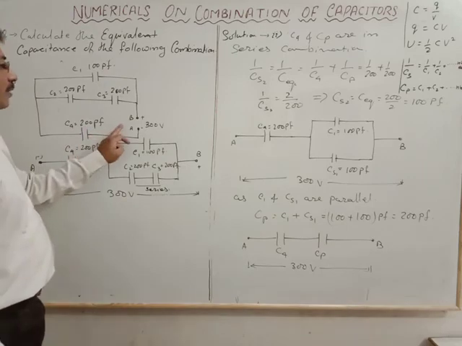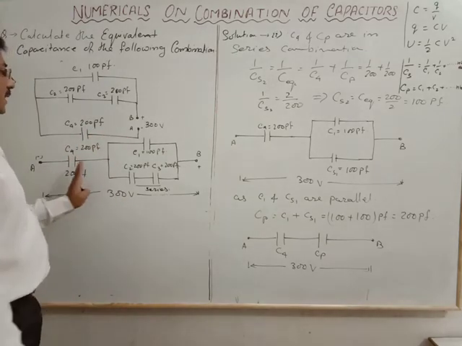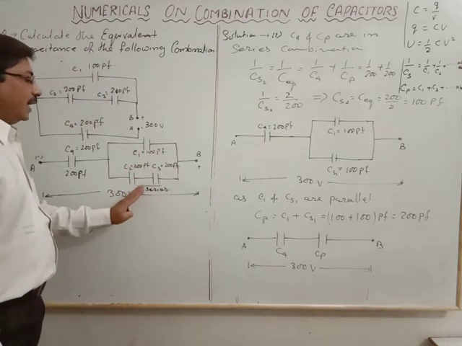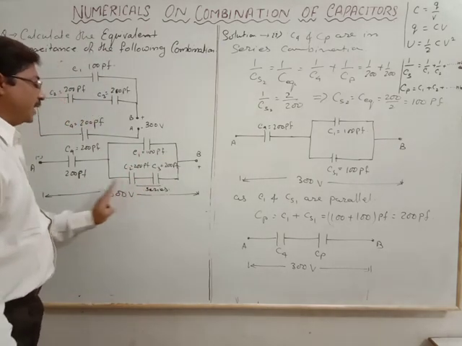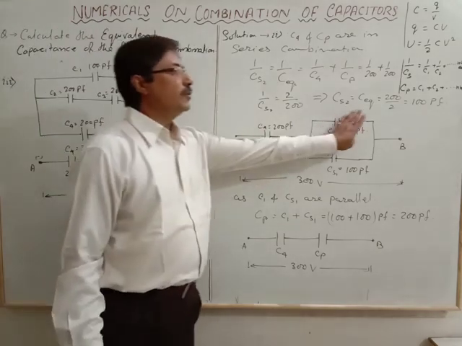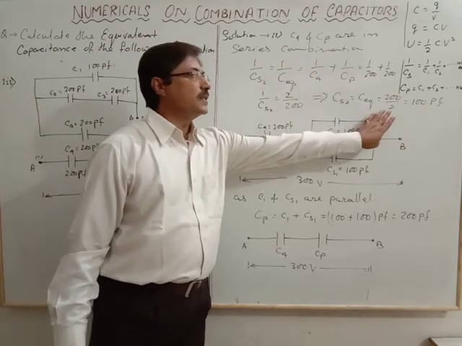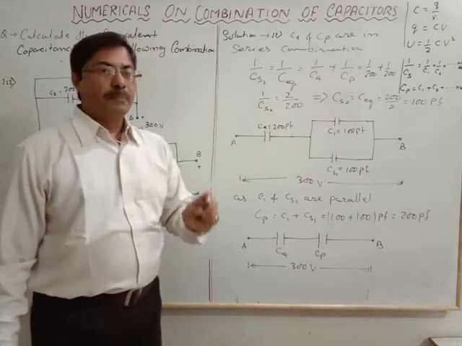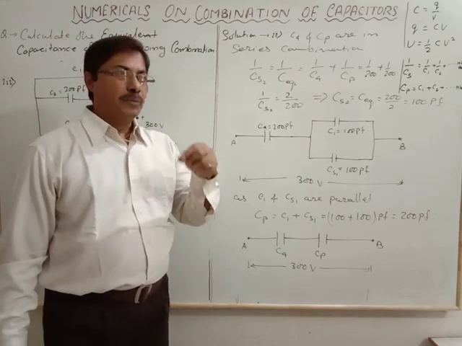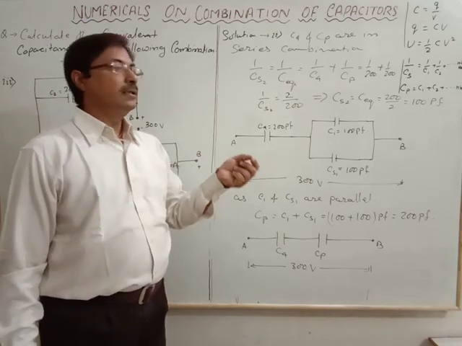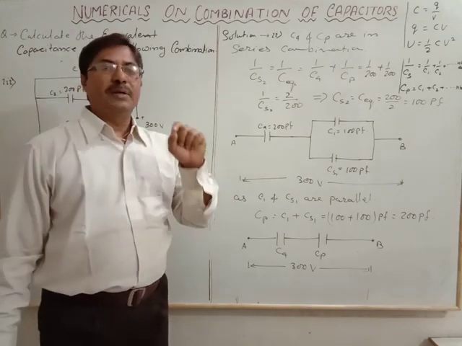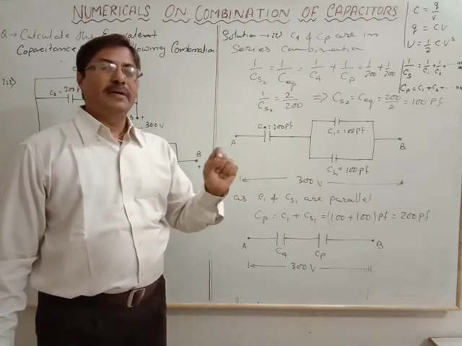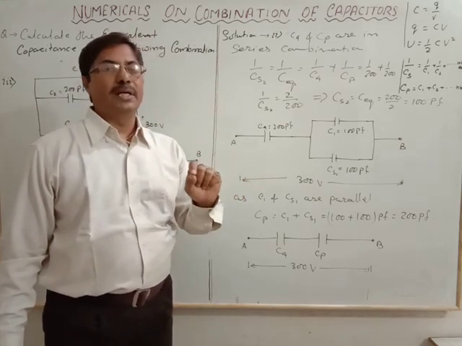How will we solve it? For that, we arrange this in this way, so that by parts we can solve it and get the equivalent or effective capacitance of the total combination. Next day we will take some more problems regarding the combination together with the potential, the charges on the capacitors and everything, and also what will be the energy stored in the capacitor.